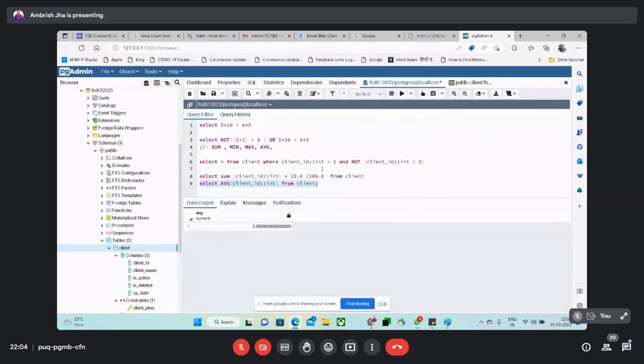So these are the basic mathematical or statistical operations, like getting the sum of the values, count of the values, maximum from the list of values, minimum from the list of values, and average of the numerical values. These are the basic statistical operations which we can perform on our database, on our table, and on our records. At the same time, we have to put some conditional operators using the relational operators and logical operators. So greater than, less than, not equal to